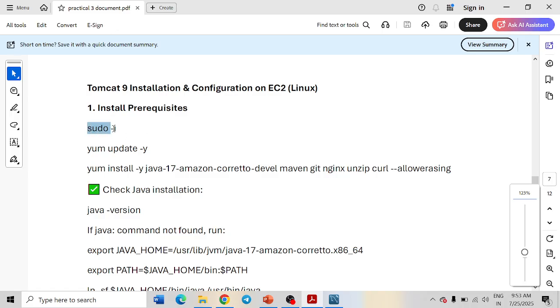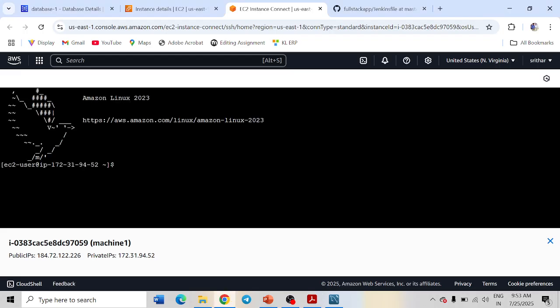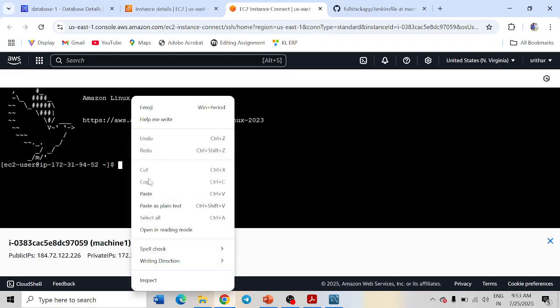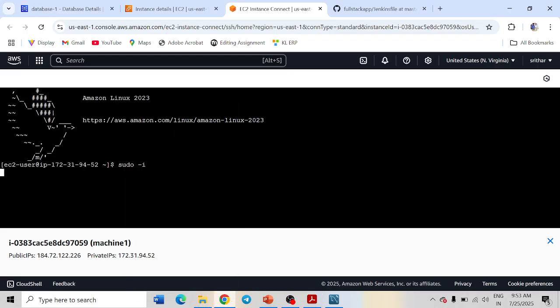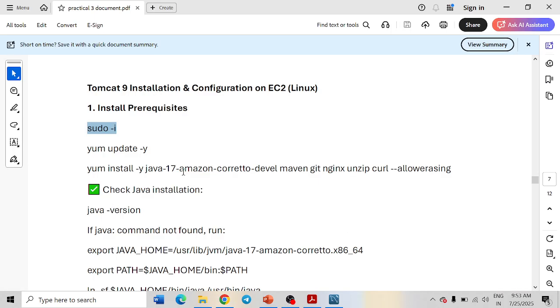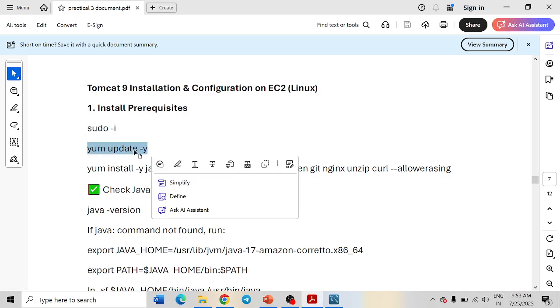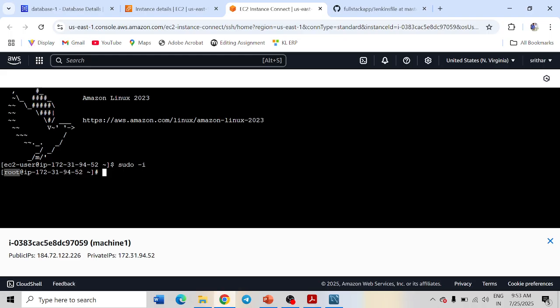So the first one is sudo -i, which means that you are just logging in as a root user. Just right click and paste it, enter. Now you see that it is logged in as a root user. The second command is for the OS upgrade, yum update -y. I am just updating my operating system,